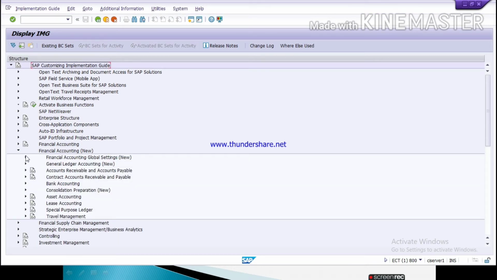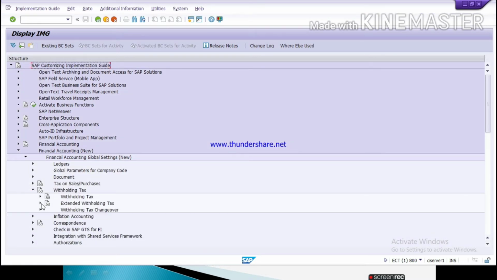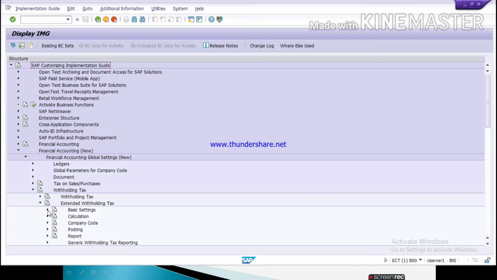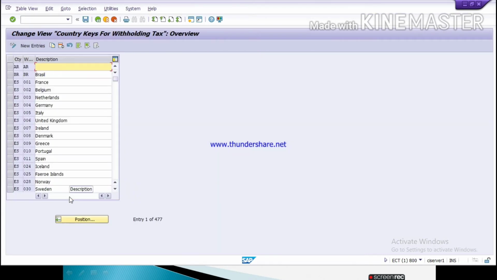In financial accounting, click on financial accounting global settings. Then withholding tax. Then extended withholding tax. Then first one, basic settings. In basic settings, here first one, check withholding tax countries.